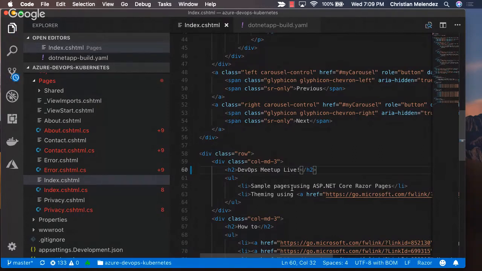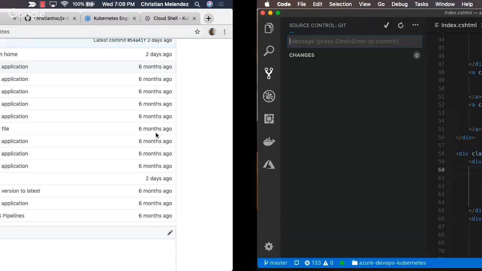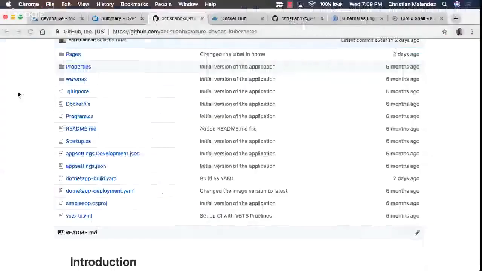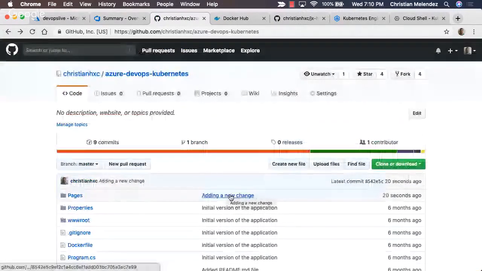So I'm doing a change. I'm gonna just commit here, and I will say adding a new change, and I just commit here, push that here, and you will see that the new change will appear in GitHub. Just a second. Okay. Oh, nope, didn't finish. Yep. So let's take a look here. Adding a new change. Here's the new commit.